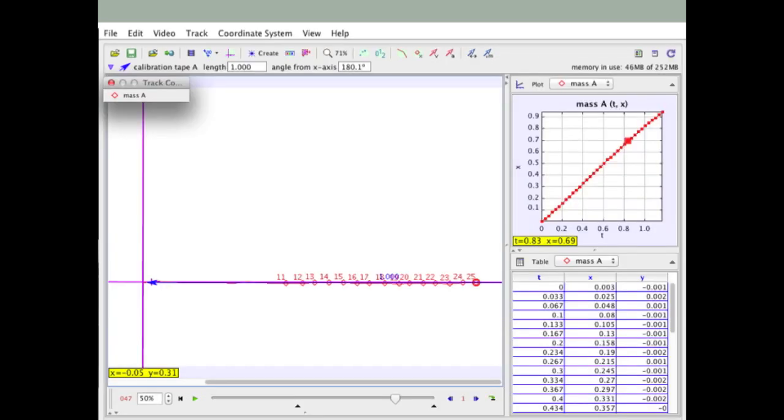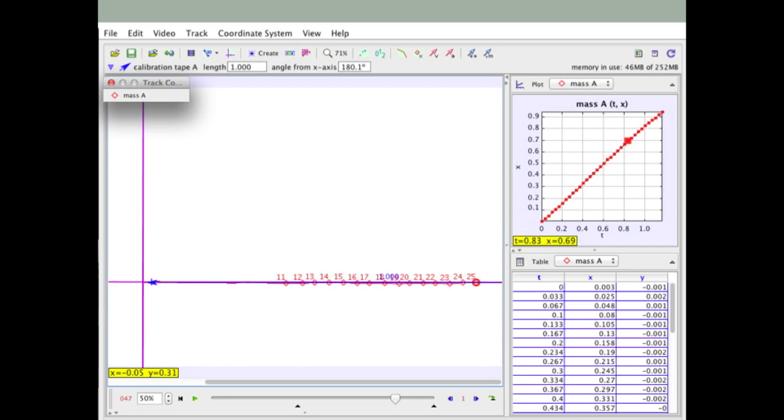I then calibrated the video, measuring 1 meter on the table and setting it equal to 1 meter in the video, shown as the blue arrow against the purple x-axis. The positive x coordinates that are measured also indicate the movement of the ball to the right. Here I put a white background to easily show the blue arrow and some of the changes in position of